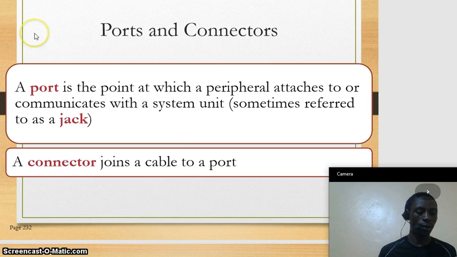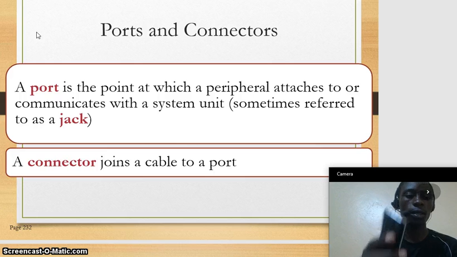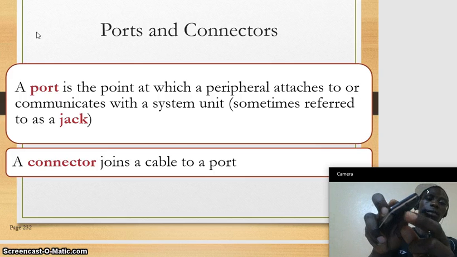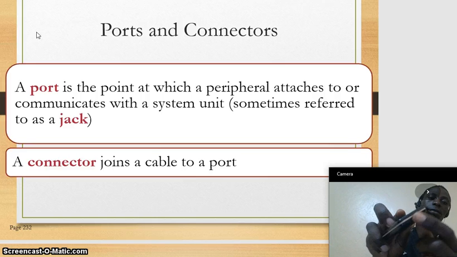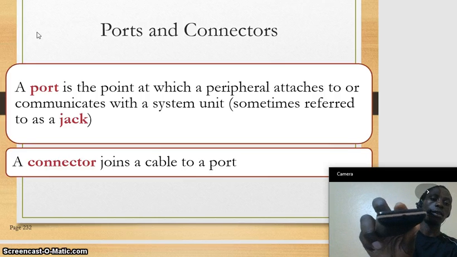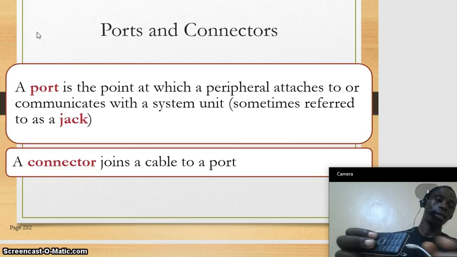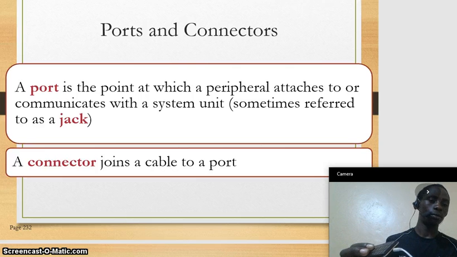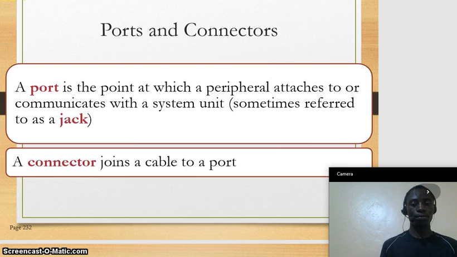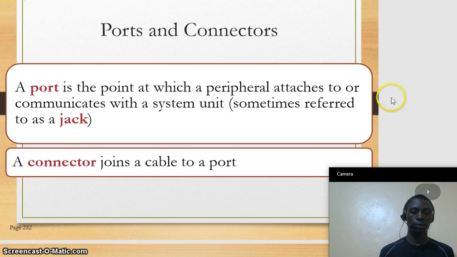So you get a cable, look at this. This is a port here. This is a port. We have different ports here. So this is a cable. A cable sits in a given port, right? So we have a port and a connector. A connector is a cable, and a port is where the connector sits, right? So that is basically the ports and connectors.